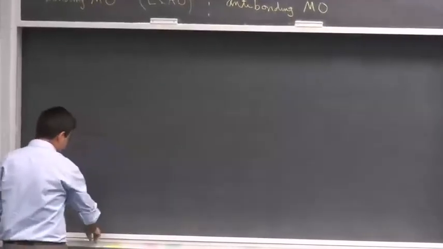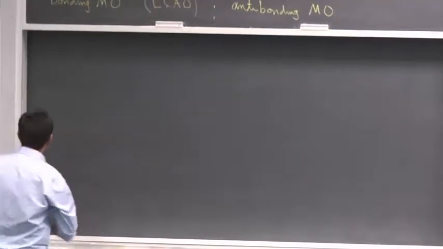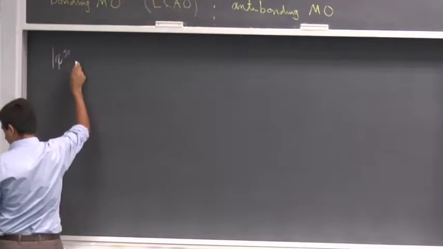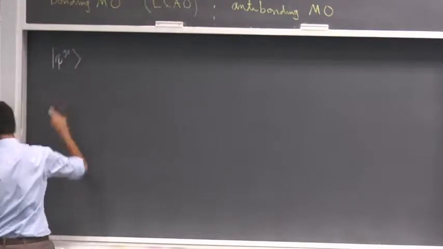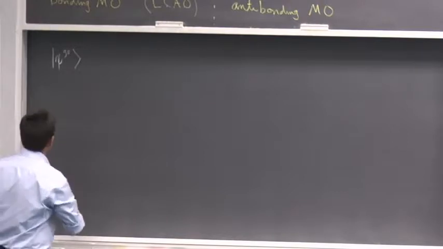This calculation was done in 1927 by Heitler and London. The final state that we get, in the state notation, is the following: